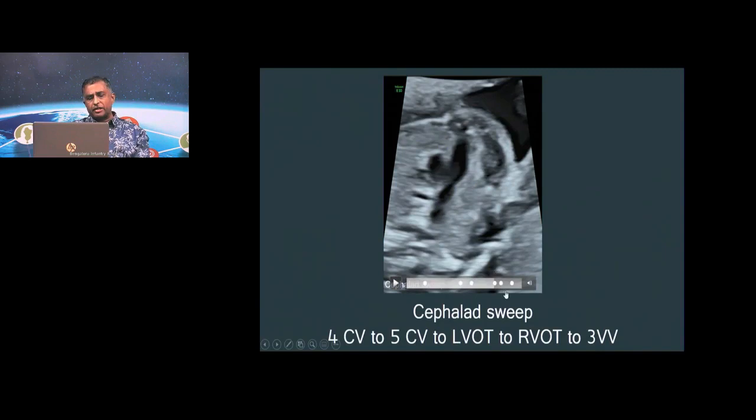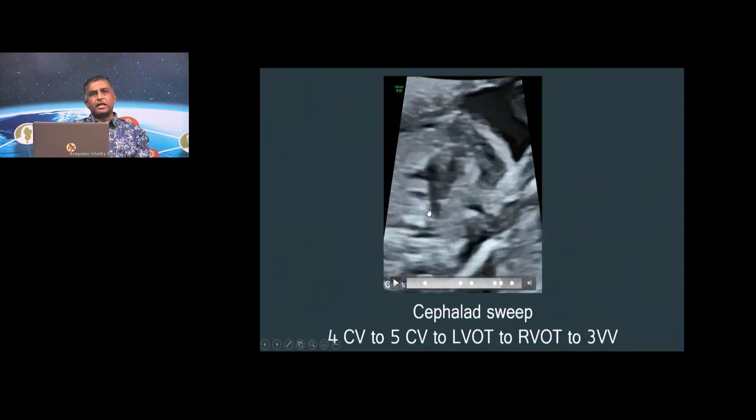Now, after having done the 3-vessel view, you go on there, you get the 3-vessel trachea view. Now, in the 3-vessel trachea view, you already have the ductus arch. The aortic arch comes in over here, and you have this V happening. That's the SVC. This is the trachea, and we'll see a bit more of this when we go to that particular plane